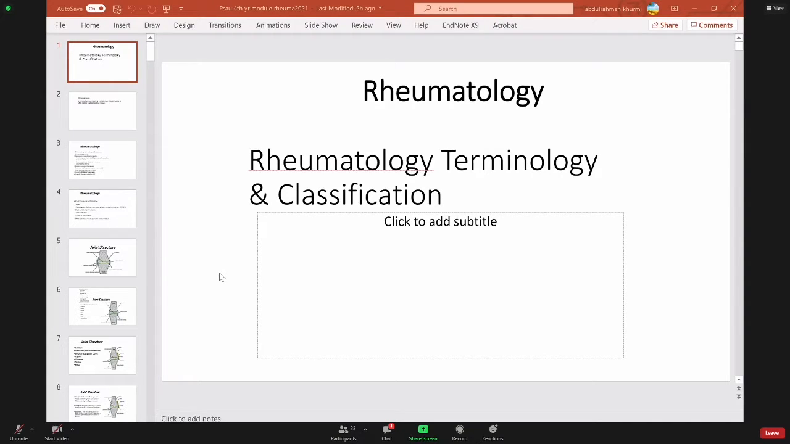Today we will talk about introduction to rheumatology that will include rheumatology terminology, classification, common diseases, and signs and symptoms, laboratory investigations, and also will speak briefly about hands examination. So, this is your first lecture in rheumatology, صح ولا؟